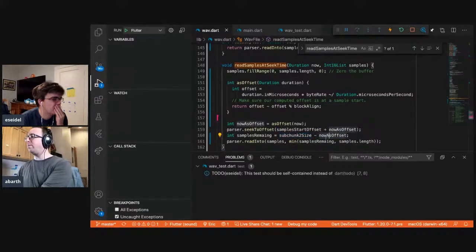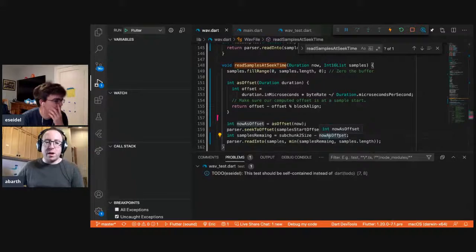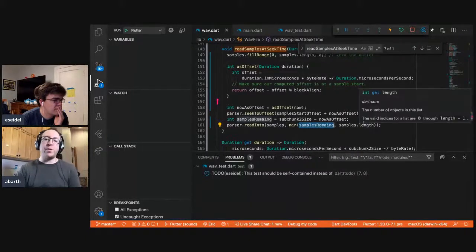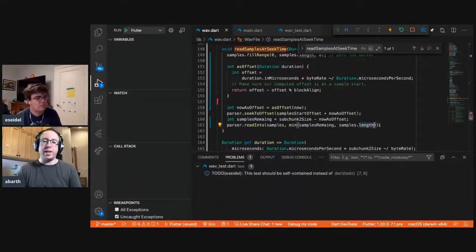You want length in bytes. Where? I'm sorry. On line 161. Right. So fundamentally, what's going on is samples remaining is in bytes and length is in 16. So you could go either way.